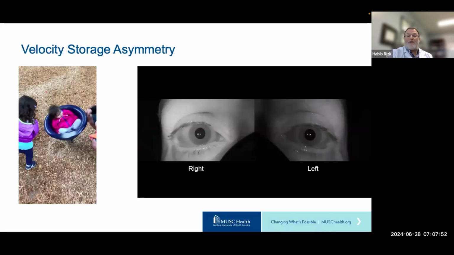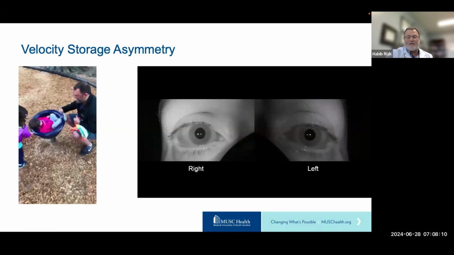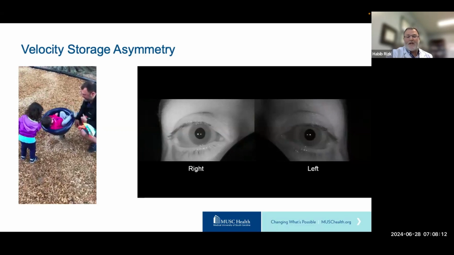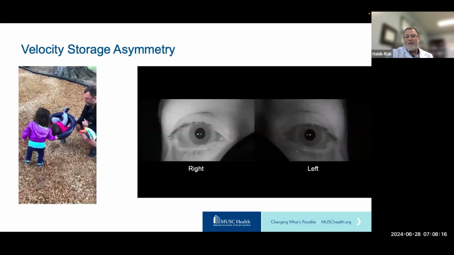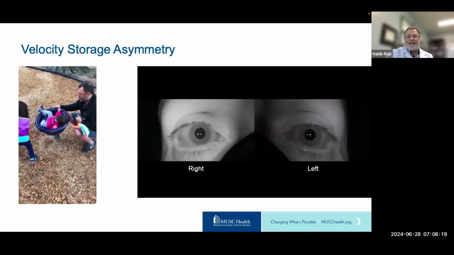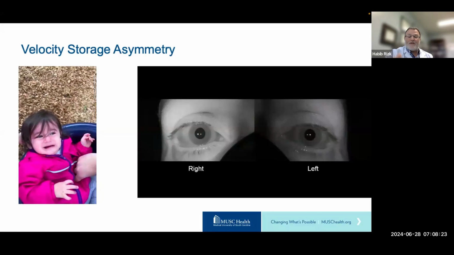And this way, when people are moving in a fast way, the brain is not decoding things blow by blow or movement by movement. It's storing this information and then releasing it at the end of the sequence of movements, which we see here. If you go to a park and you see those kids on the whirl or on the teacups, at the end of this clockwise rotation, when it stops, then basically the brain catches up and the eyes are going to start moving in the direction of the movement of the teacup.